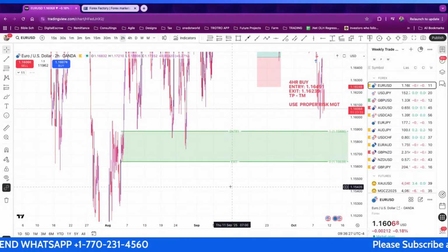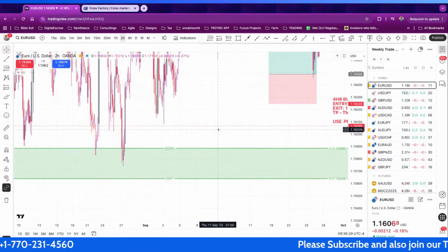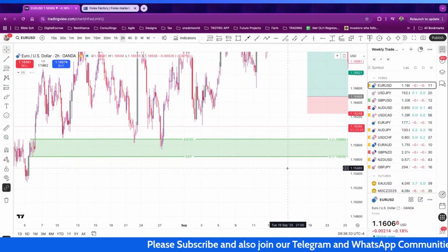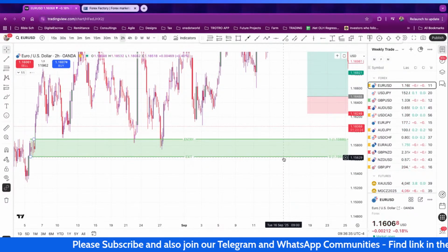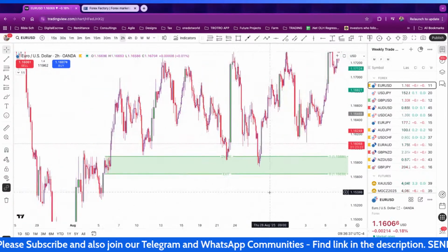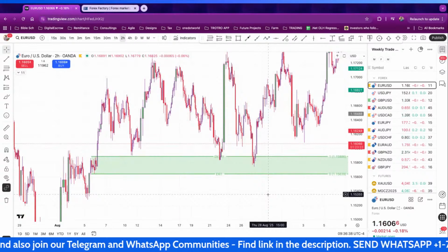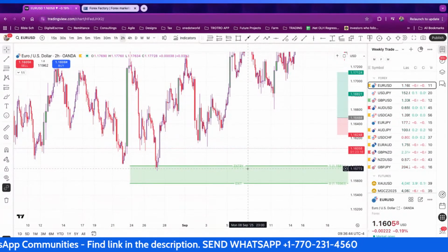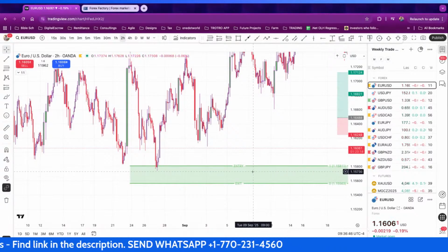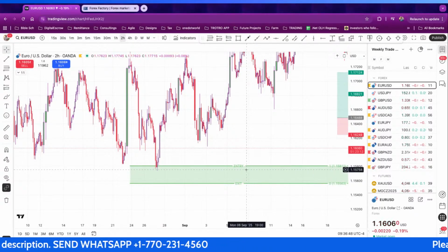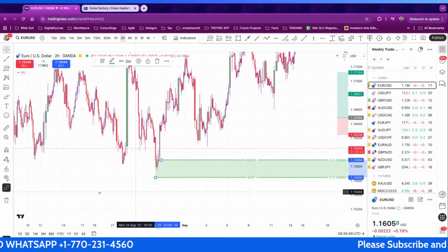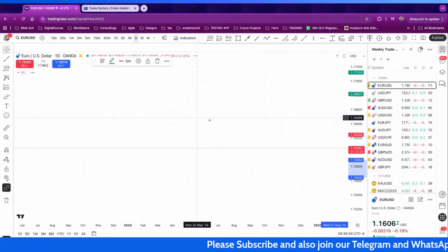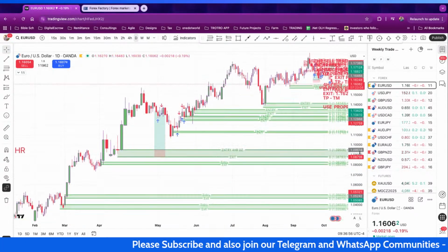Let me take a look at it again, since there's a lot of price action. I cannot even remember when exactly this zone was drawn, but let's look at the market again and make sure we have our coordinates right. It's very, very important. So it's a daily demand zone for sure.